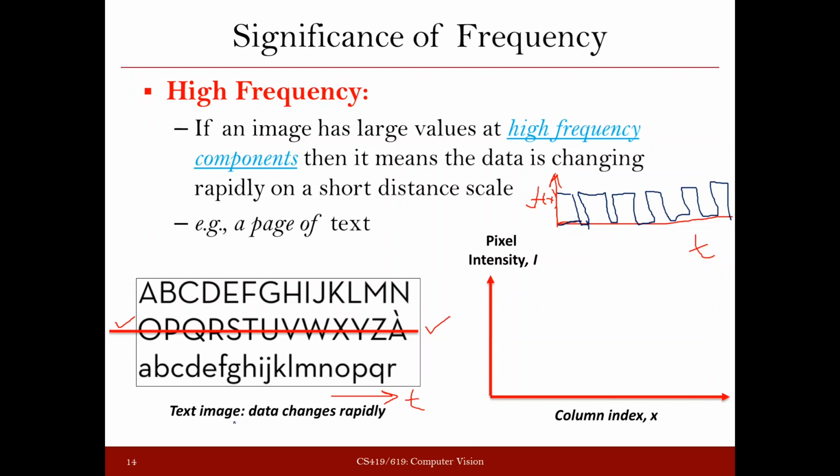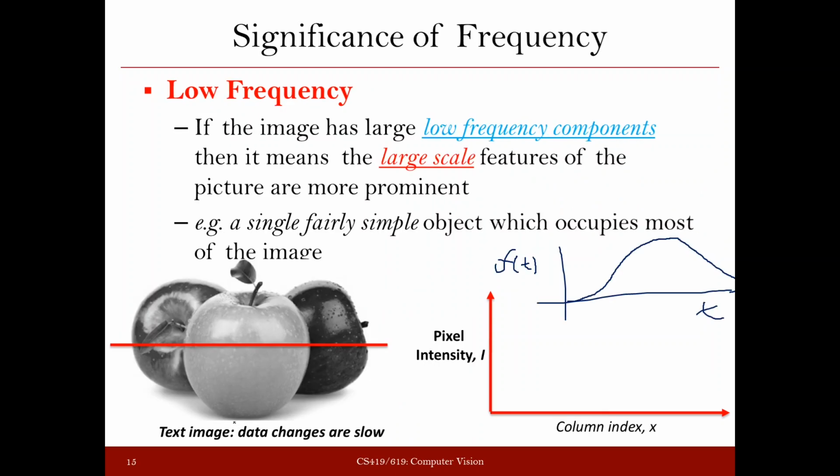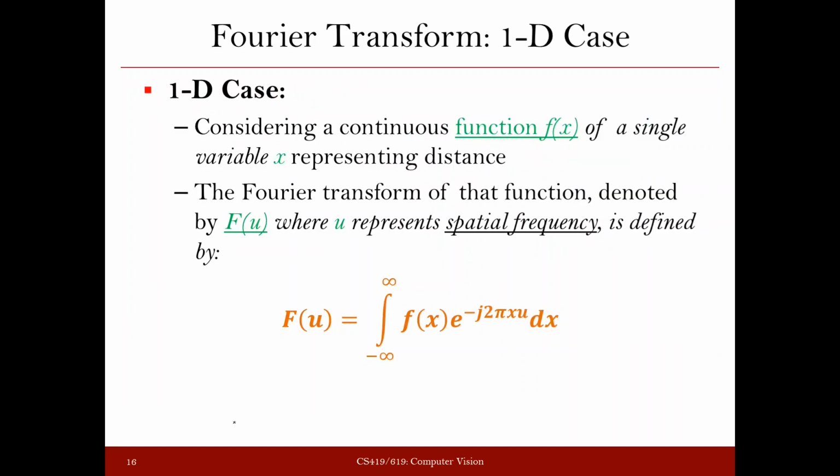If your representation in the frequency domain is done with the help of low frequencies, that means the objects in your image are big. And if you have a high frequency representation in the frequency domain, then that means the objects in your image are small. Okay. So this is another alternate interpretation that you can get from the kind of frequencies used for its representation.